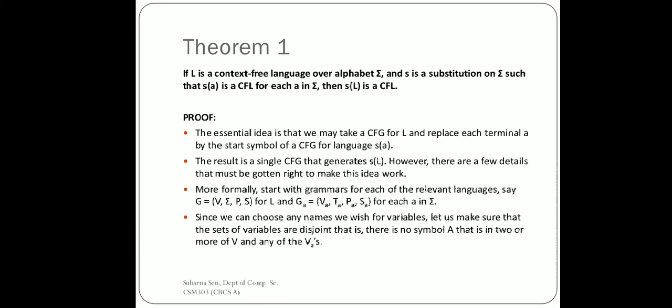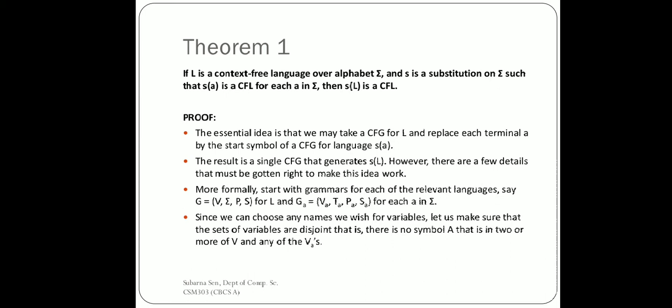So how we are going to substitute our original string with some string which may not be a part of the original sigma, right? Now we will prove whether, whatever the substitution we are doing, after that substitution the language is CFL or not. So the theorem says, if L is a context-free language over sigma and S is a substitution on sigma, do not get confused that we are using the symbols of sigma. No, it's a substitution on sigma such that S(a) is a CFL for each a in sigma,